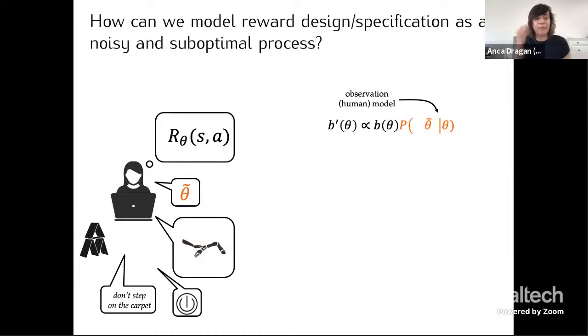If the person specifies a reward, how do you think of that as mere feedback as opposed to the definition of the reward function? And then towards the end, pop back up and show you how you might be able to generalize this to these other types. Okay, so when you specify a reward for your robot, what does it mean for the robot to ignore that and say, no, this is not the reward, this is just evidence, right? What am I talking about here?